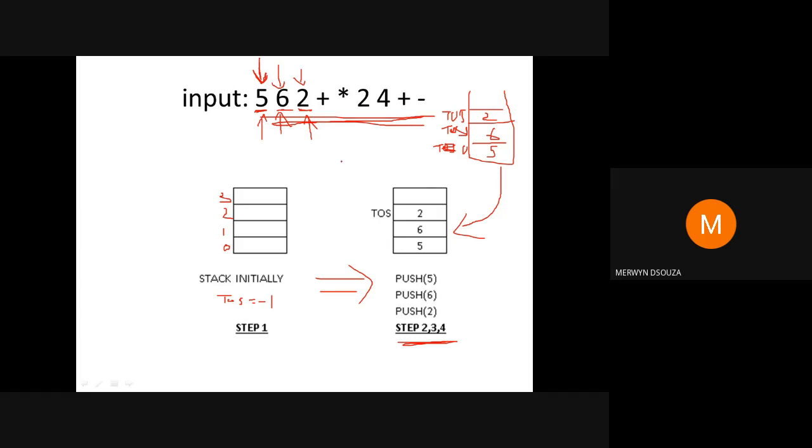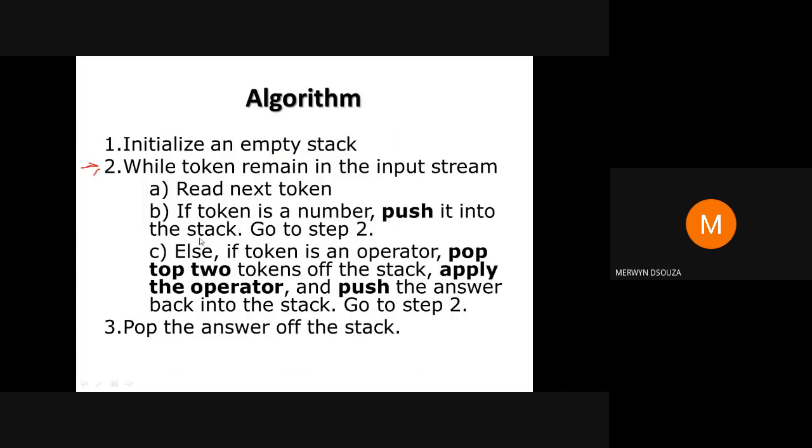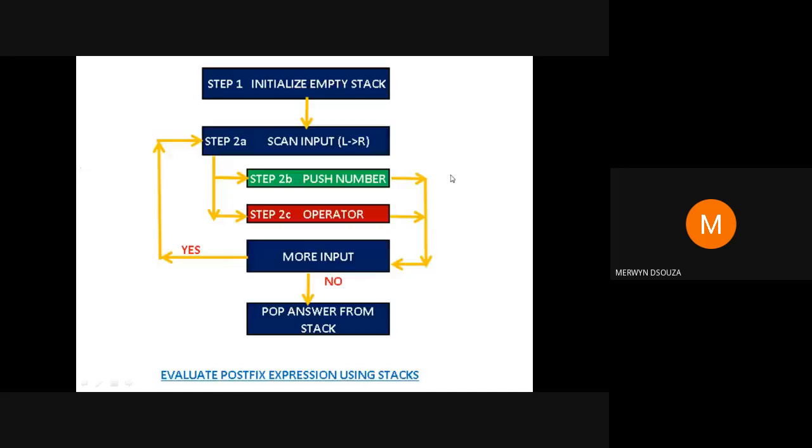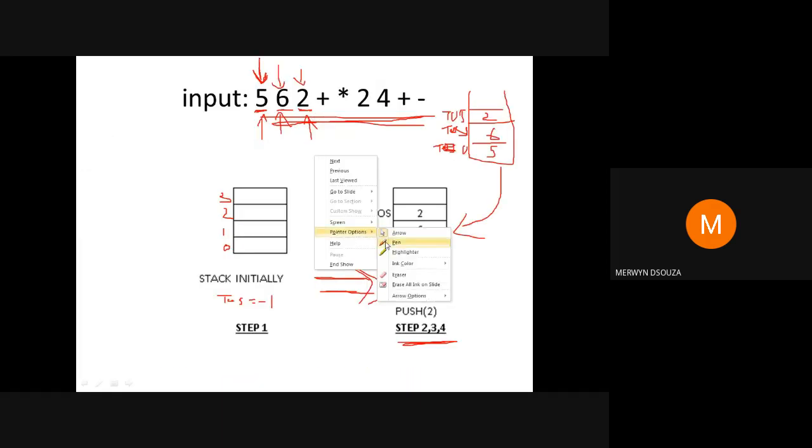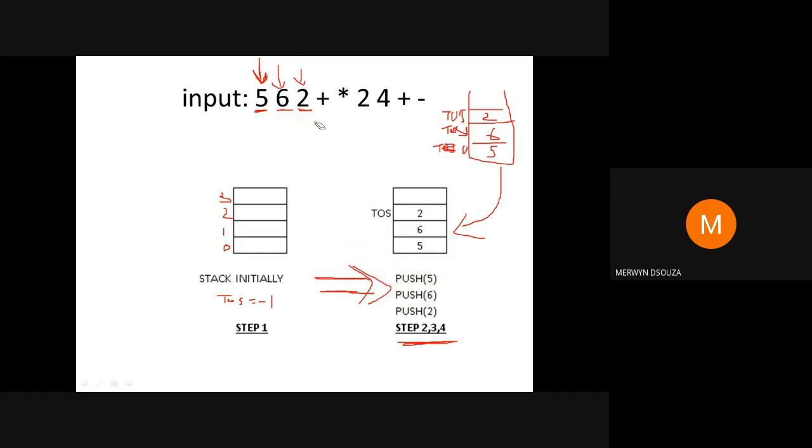If you get confused, you can show each step separately, no problem, like I've shown you in class when we were doing push and pop operations. Here I've applied the algorithm step by step, and I pushed 5, 6, and 2. Now I check whether more tokens are remaining. Yes. We have only done the first 3 tokens, that is, we have only checked 5, 6, and 2.